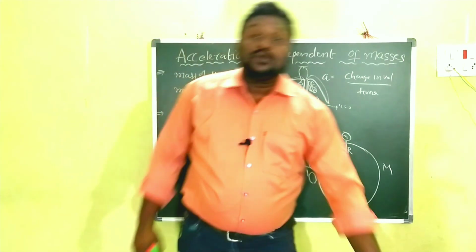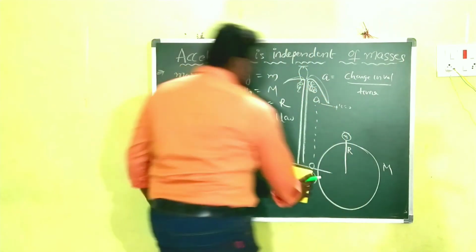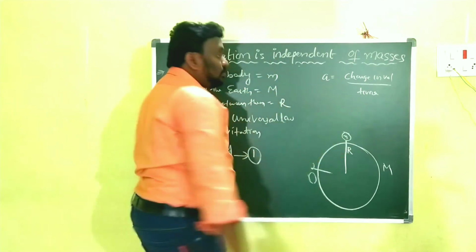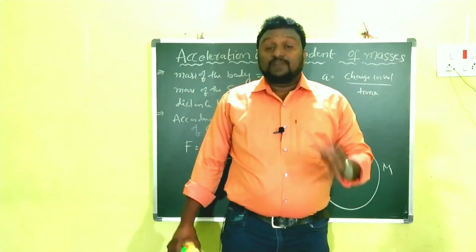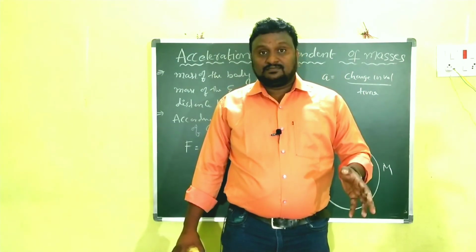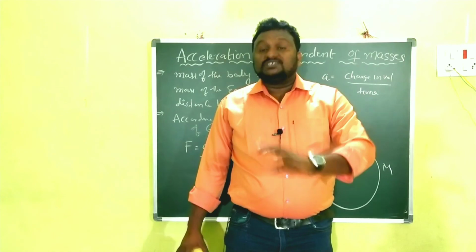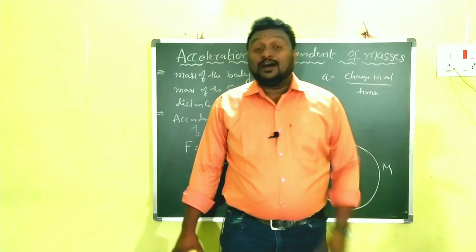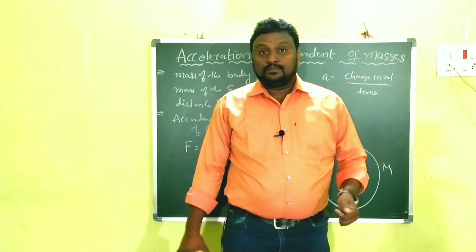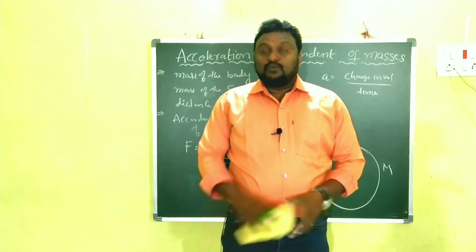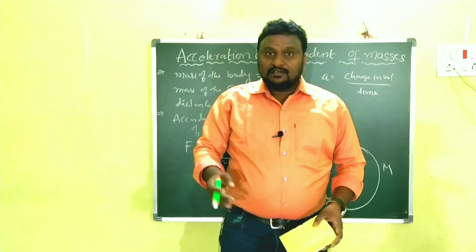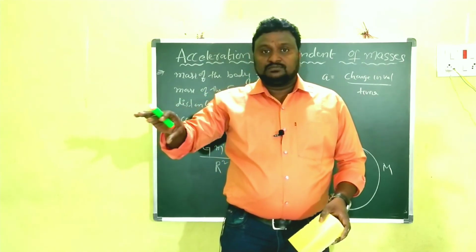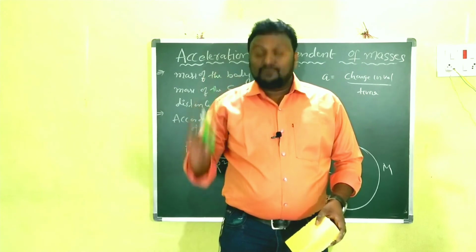That's why, when the body is coming downwards, now it is like a freely falling body. That means once the body is falling from a certain height, there is no other force acting on the body except gravitational force, then that body is called a freely falling body or freely accelerated body. A body of free acceleration. When the body is falling from a certain height, no other force is acting on that body. That means no one is applying any force except gravitational force.